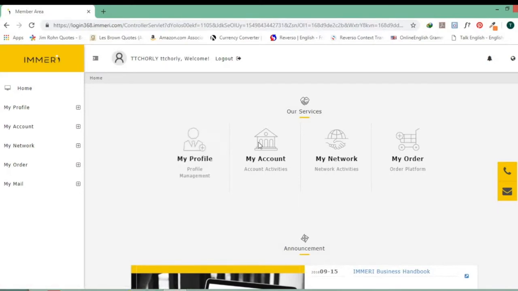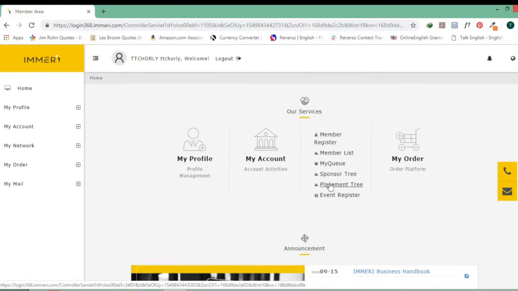Now account information shows you your money and what bonuses you have. I'll go through that, and then of course you have my network, which has information about your board and how to register people. If you want to register somebody into your organization, this is where you come. You have your member register. This is the button or link you will use to log in or sign up somebody. Member list shows you the people that you